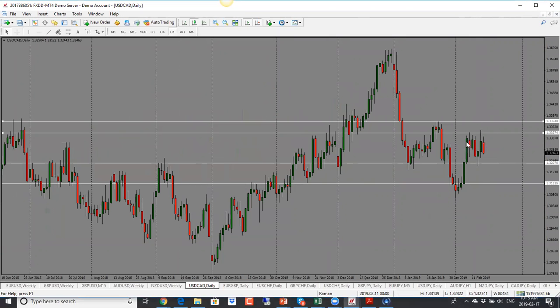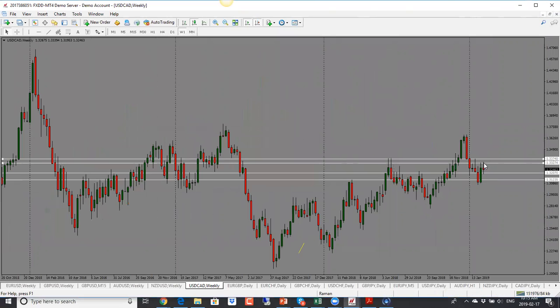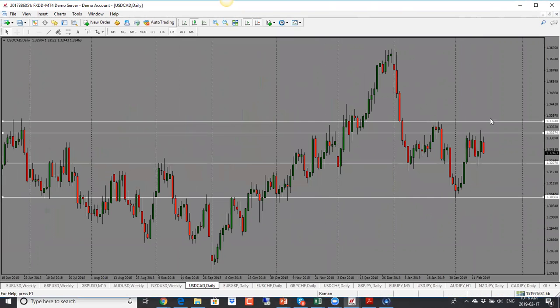Dollar CAD, this one has been range bound here on the daily for the last several days. Looking at the weekly, we can see it's just a small candle here. So with this one, it could go either way. But going back to the daily here, it looks like price got rejected at the high, which means we could see a drop. So I would look for something like this. So price to come test the bottom here. And if it breaks through, then we can see this move.